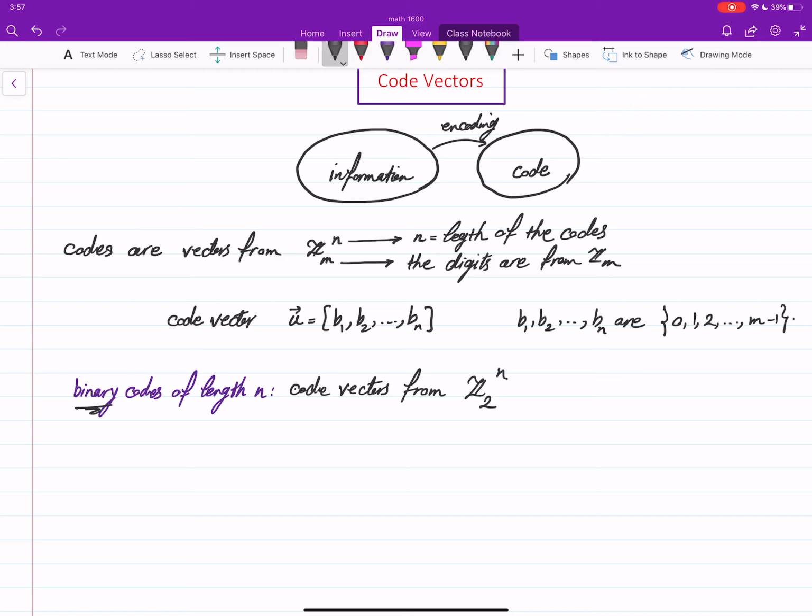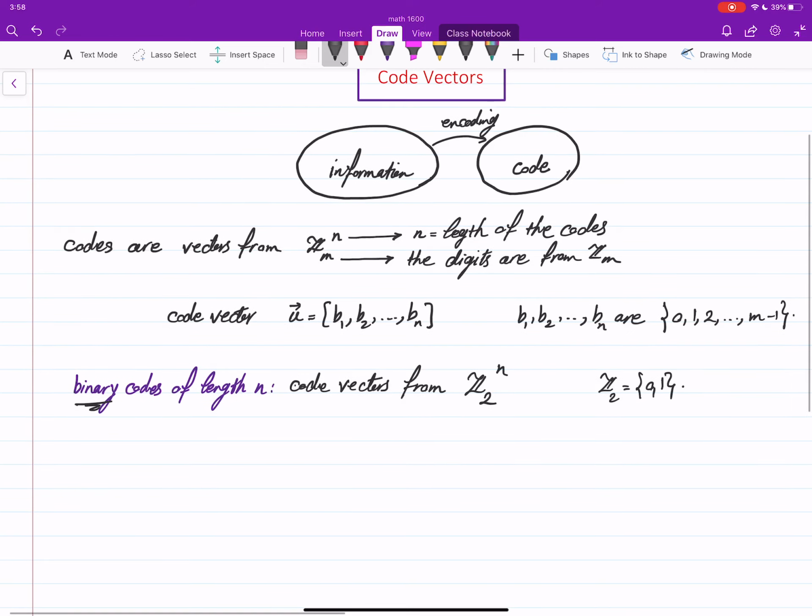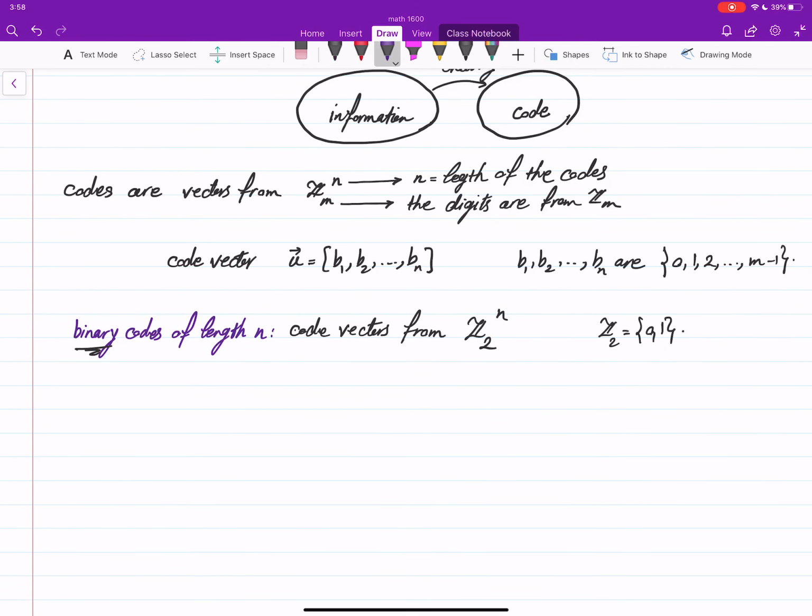So you have basically 0, 1 codes of length n. Remember, Z2 has only 0 and 1, two digits. For example, a code of length 4 can be something like this, or something like, say, a 6 digit code, 1, 0, 1, 1,